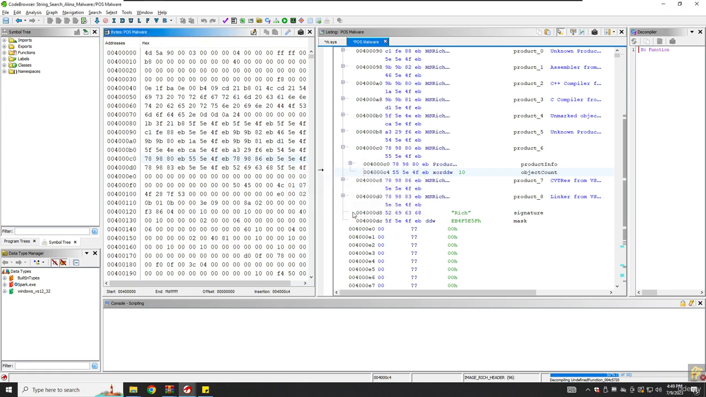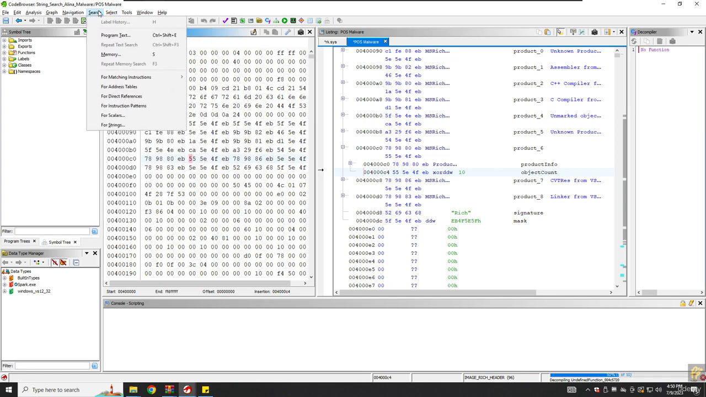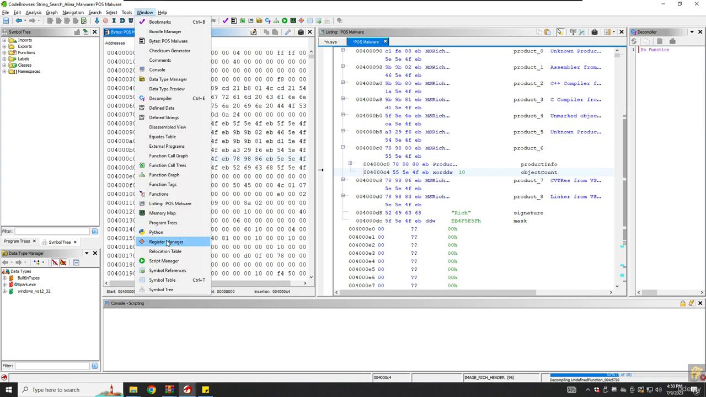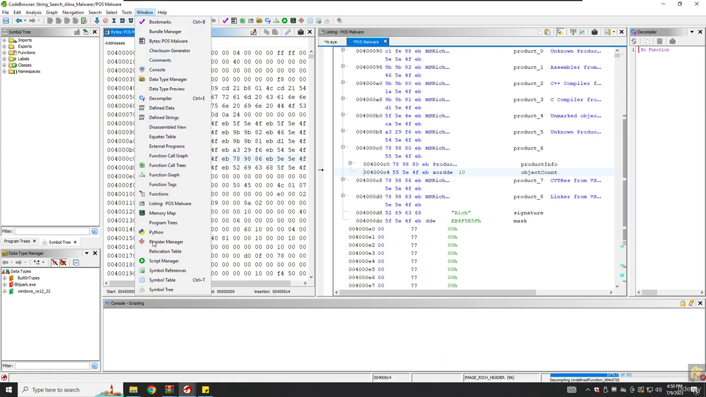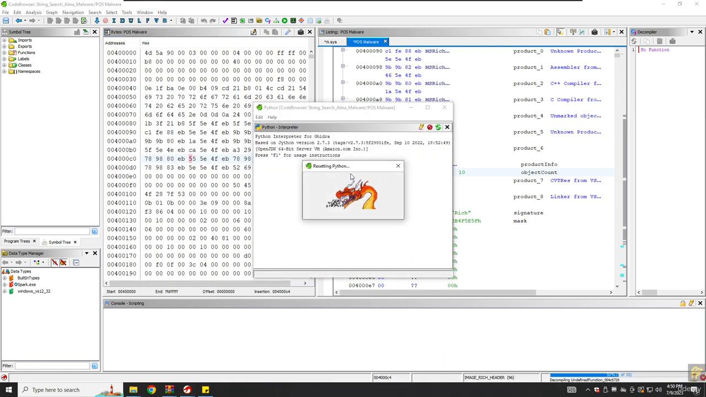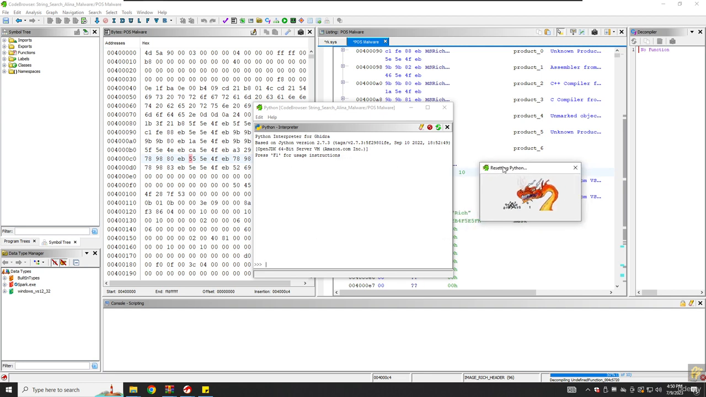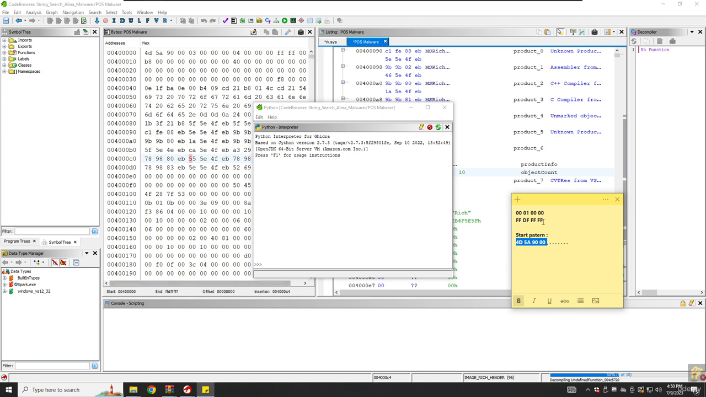We can also calculate the difference between the start address and the end address. In order to do that, we will go to Window and select Python from it. And here we will subtract, in this case in hex,